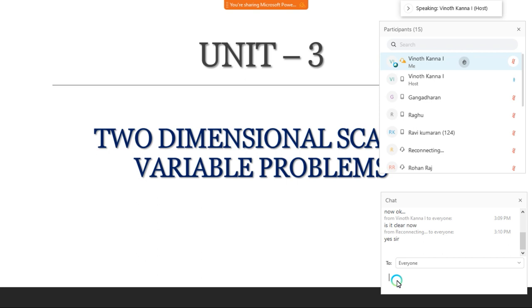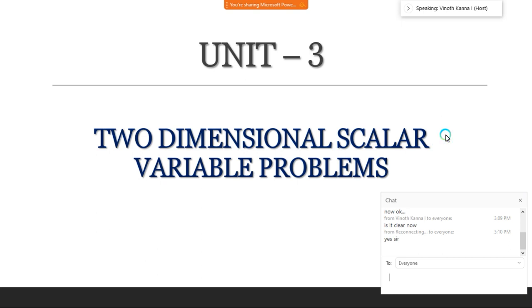Okay, so now I am going to revise the unit. We will go slowly and move on. Very first we are going to discuss Unit number 3, the 2 mark questions. Unit number 3 is nothing but two-dimensional scalar algebra problems. First we are going to discuss what are all the important Part A questions. Very first question they will ask: what is a 2-dimensional element? That is a very important question they frequently ask.